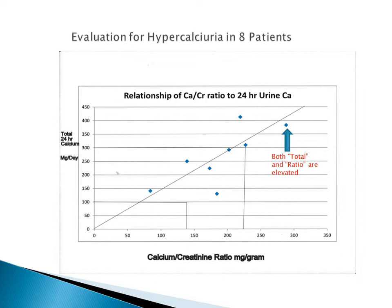correlated. However, there was one that had an elevated total 24-hour urine calcium, but the ratio was normal. So perhaps that should be repeated. I'm not quite sure what to make of that, but it doesn't seem to be quite as serious a condition as if both the total and the ratio were elevated. And diet can affect urine calcium excretion, which we'll get into in a minute. But one of the patients had a distinctly elevated calcium excretion. Both the total and the ratio were elevated. The ratio was 300 milligrams per gram, and the total was 380